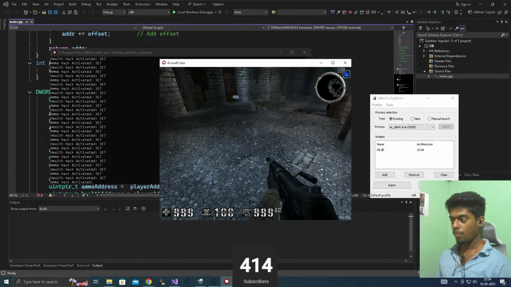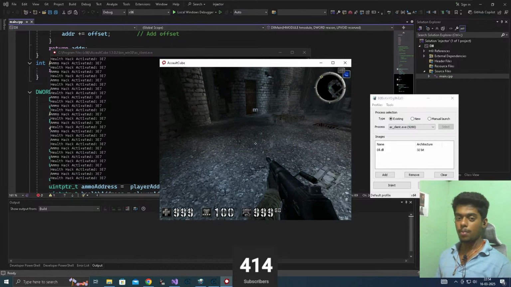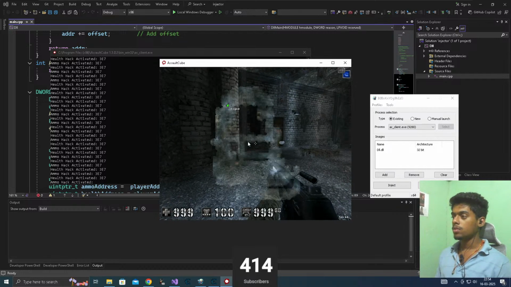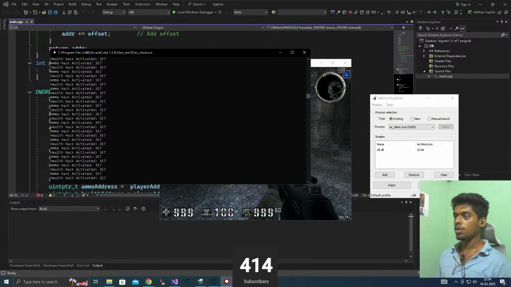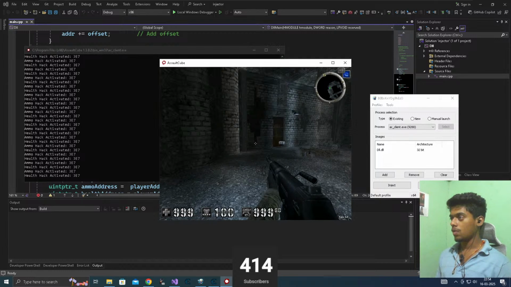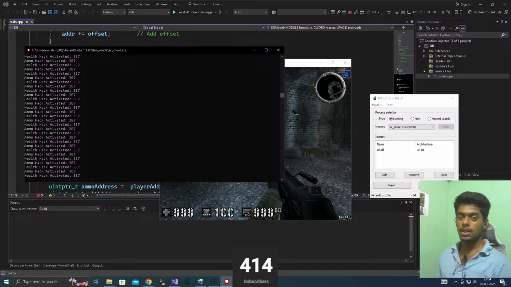But I hope you all got the resources on how we can manipulate the player offset. In an upcoming video, I promise you, I'll bring a proper video on this, like how we can set up with proper Visual Studio Code and all. Today I'm going to stop the stream here only because my laptop is lagging a lot. In the upcoming stream,